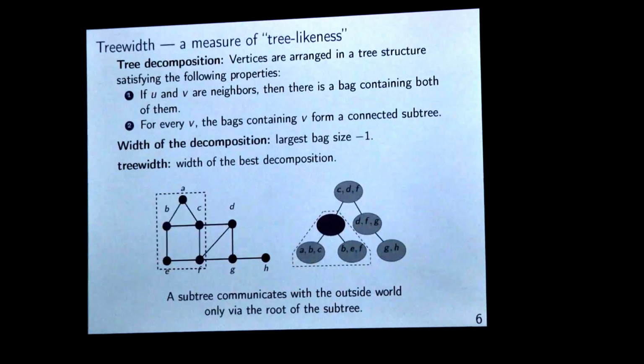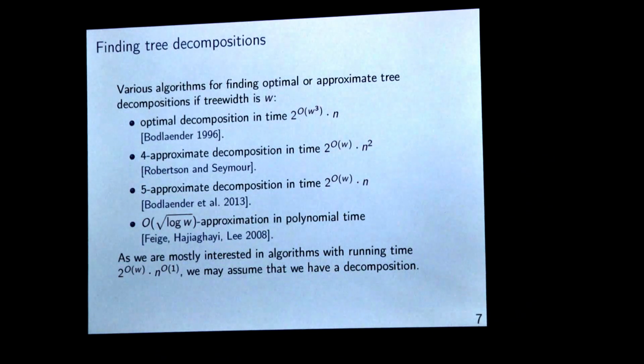And there are some very nice algorithms to compute tree decomposition. So given a graph G and a number W, you would like to know whether the treewidth of this graph is at most W or strictly more than W. Then there is an algorithm in time 2 to the power big O of W cubed times N which can identify this. By the way, trees have treewidth 1. There is also a 4-approximate decomposition in time 2 to the power big O of W times N squared,